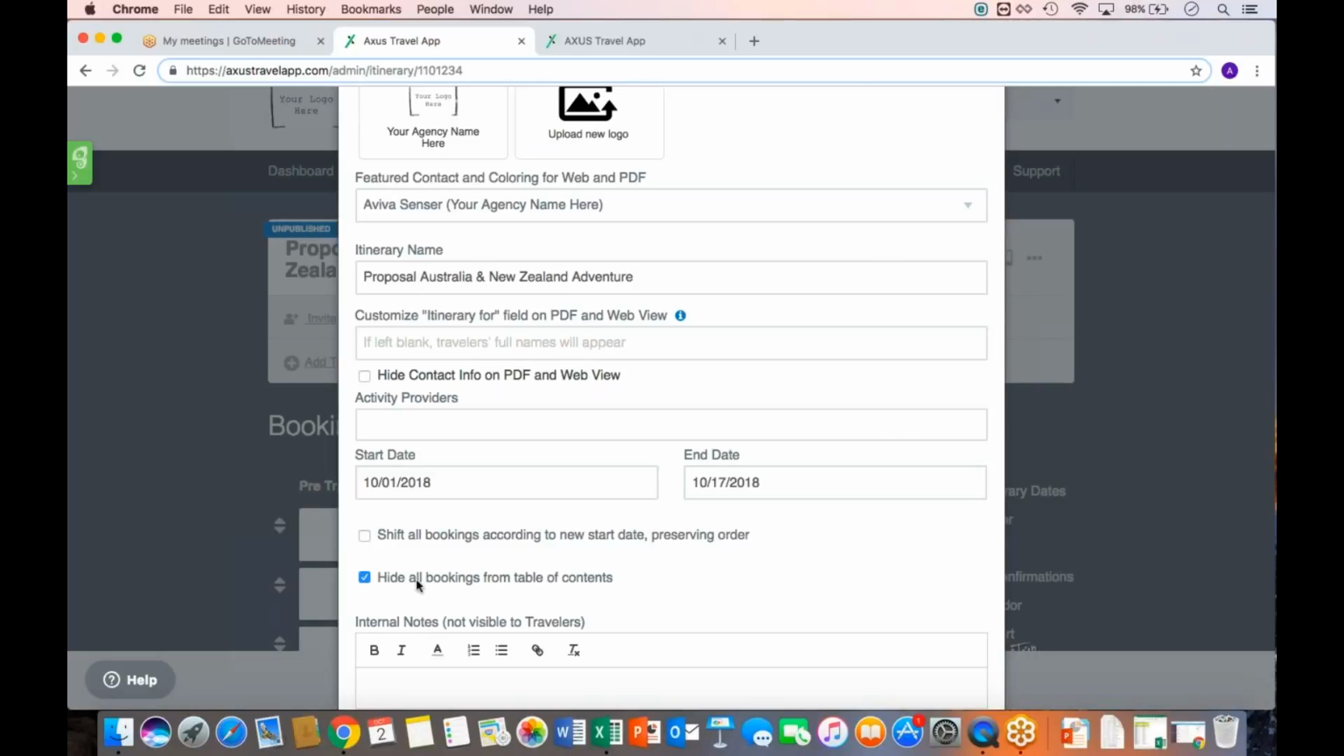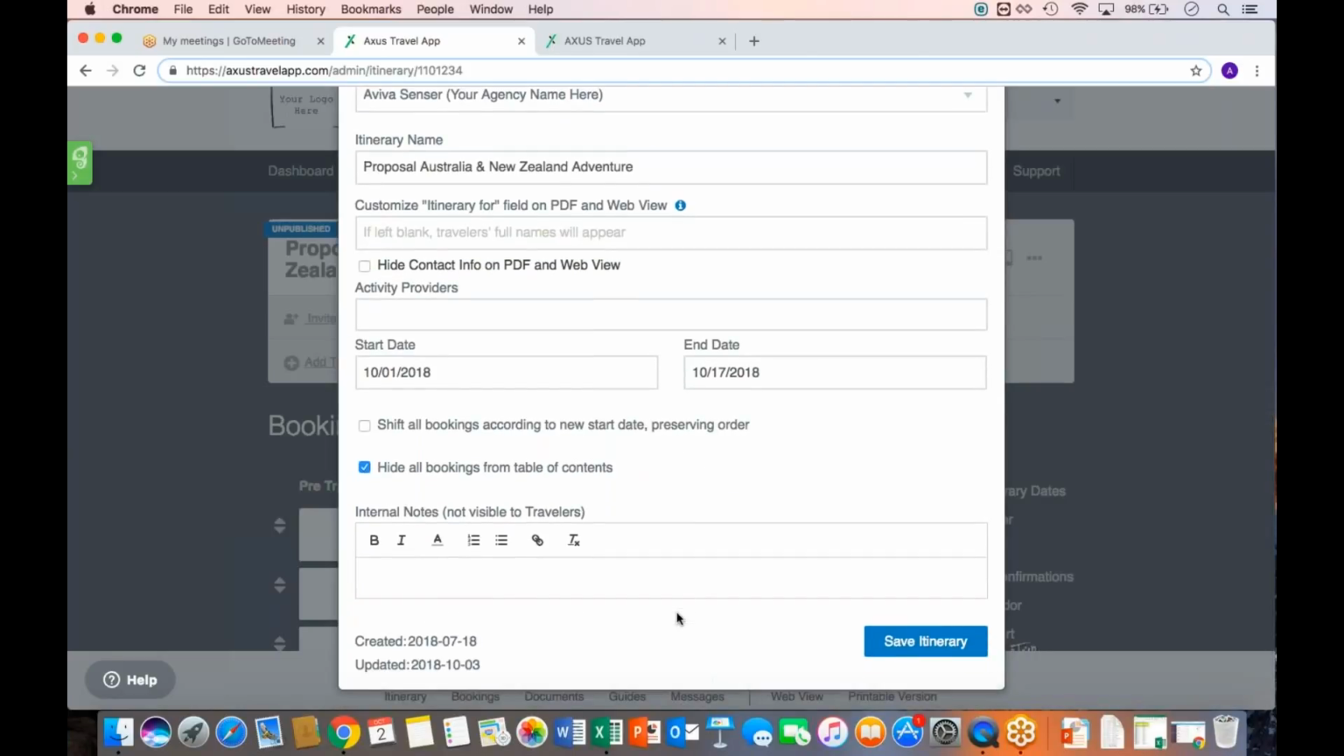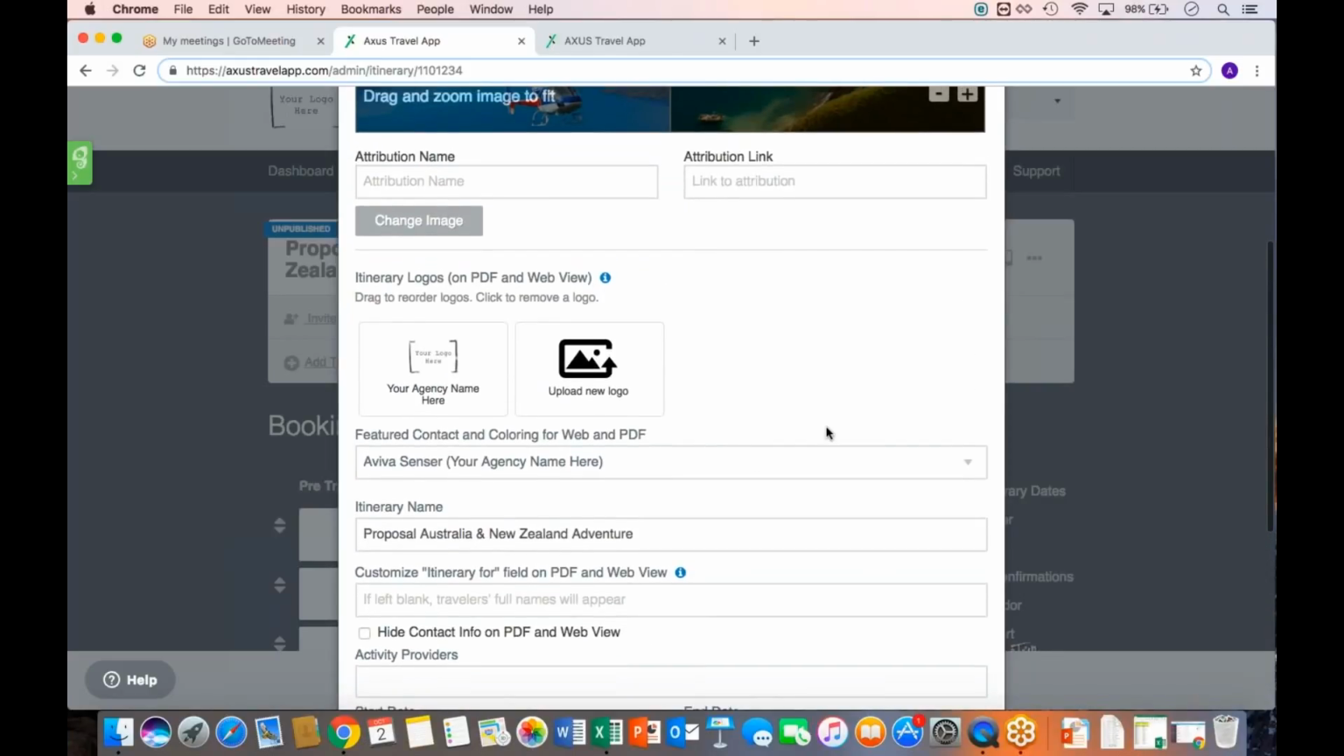So I would just simply check that off and save, and then that would remove that portion entirely from both the web view and the PDF. It's not pulled through from the mobile app, so that of course is just related to the versions with the table of contents, again, PDF and web view. Okay, so just a reminder that if you want to hide that section entirely, you would come to the gear icon,